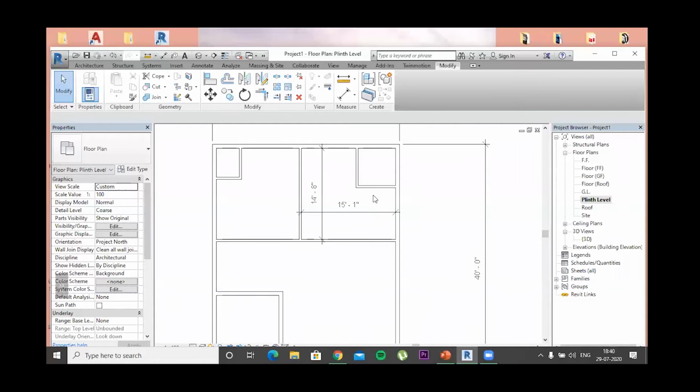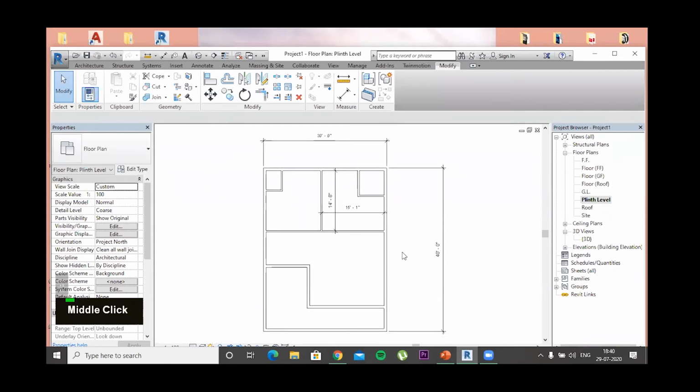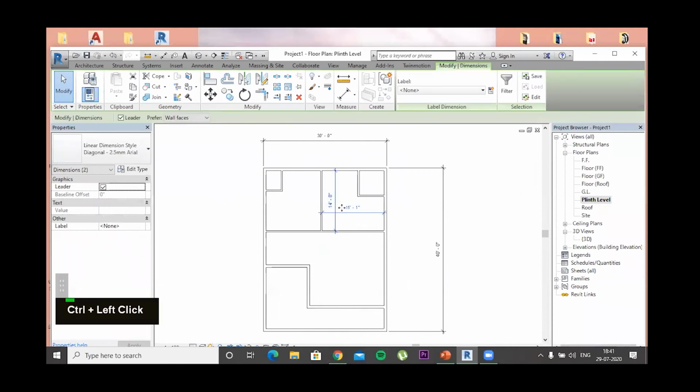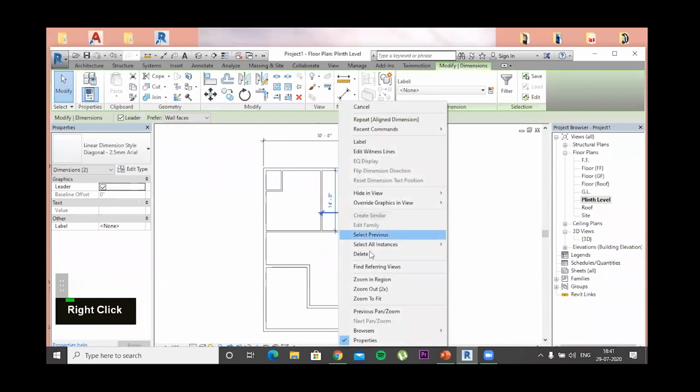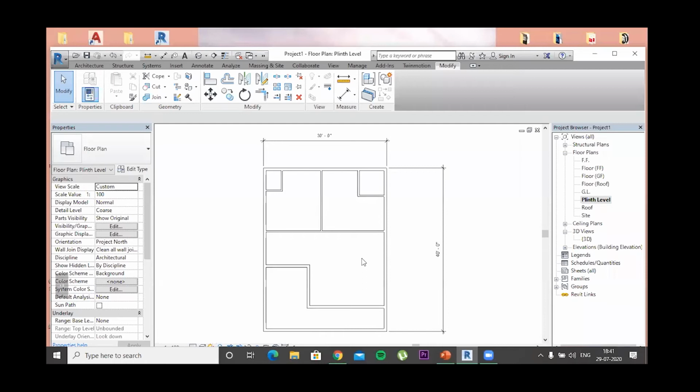So that's totally, the basic is that it shouldn't be too much. For this structure, 30 by 40, if I make a 20 by 20 kitchen, it will take a lot of area, so all the other things will be small. So it also depends on the different plot sizes. If you have a very big plot, then definitely you can make a very big kitchen, even bigger than the master bedroom.